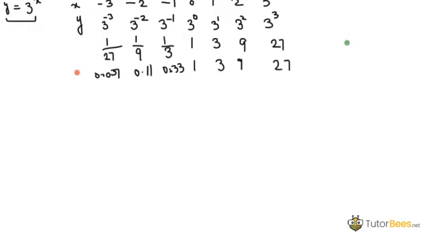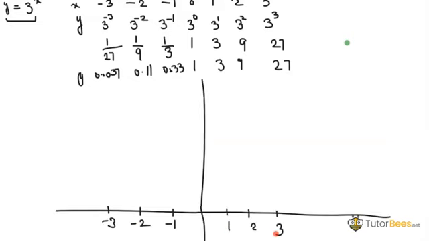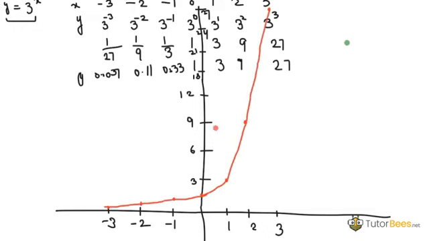Now we will use this table to complete our graph. This is your graph of the given function. Here you can see on your left side, your graph is getting very close to the axis. When you increase these values, the graph will come below. But there doesn't exist any point at which your graph will be exactly equal to 0, like exactly on this x-axis.